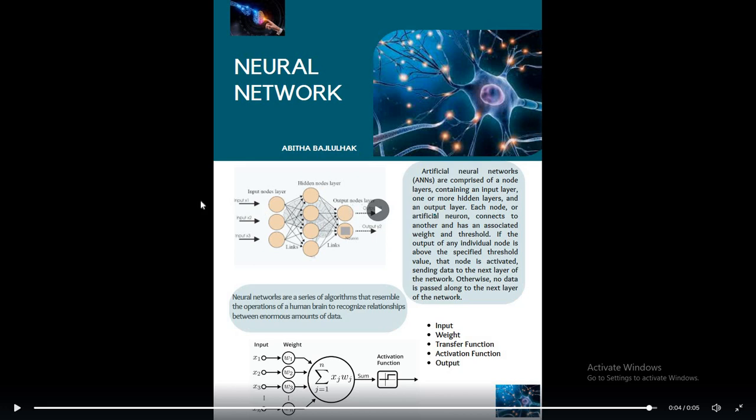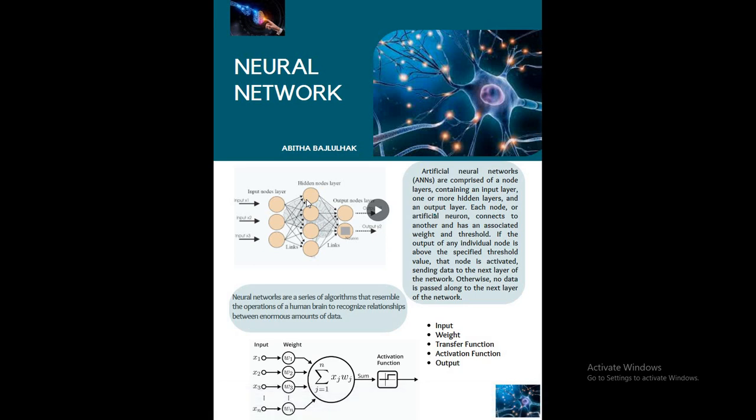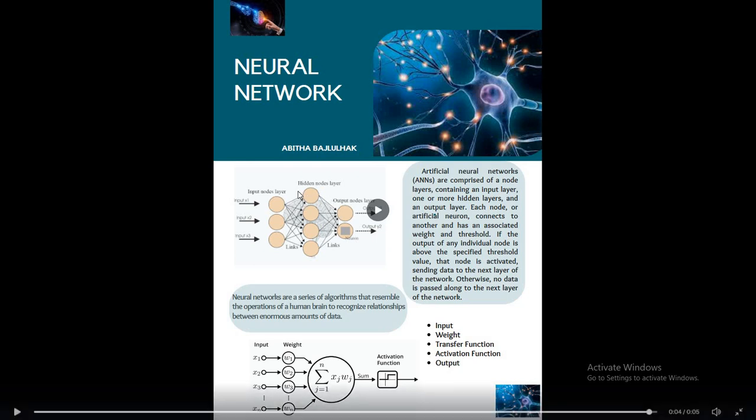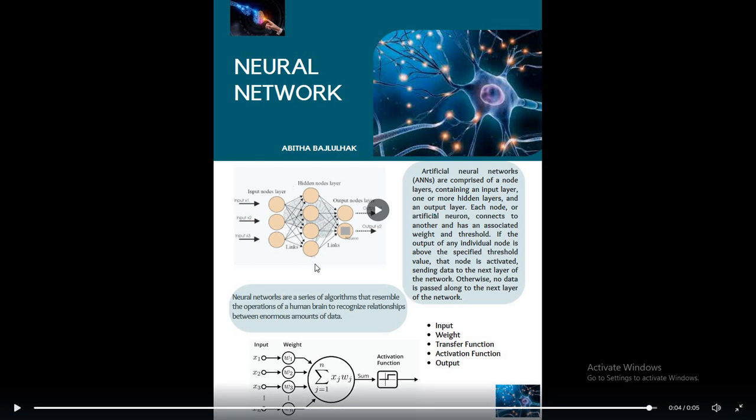In the first input layer, information from the outside data enters the artificial neural network. The input node processes the data, analyzes and categorizes it, and then passes it on to the next layer. The next layer is the hidden layer. This layer takes the input from the previous input layer or from other hidden layers. An artificial neural network can have a large number of hidden layers. Each hidden layer analyzes the output from the previous layer, processes it, and then passes it to the next layer,